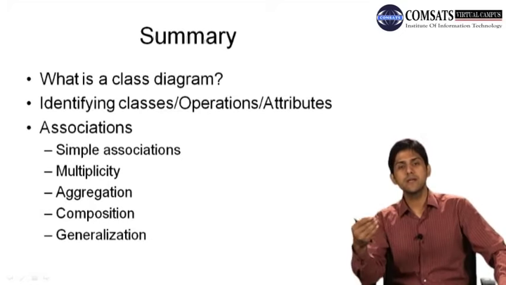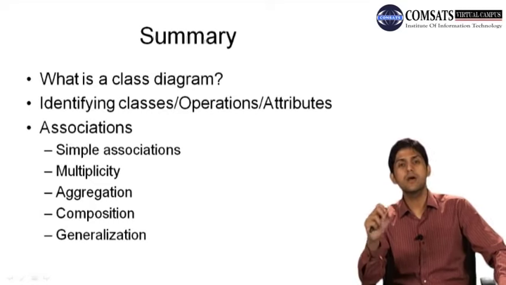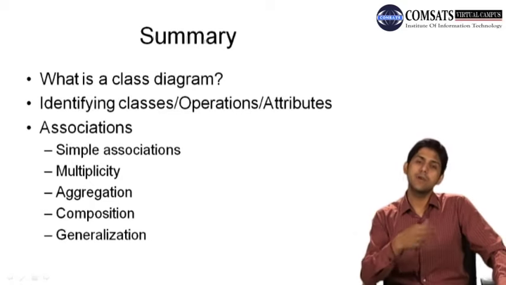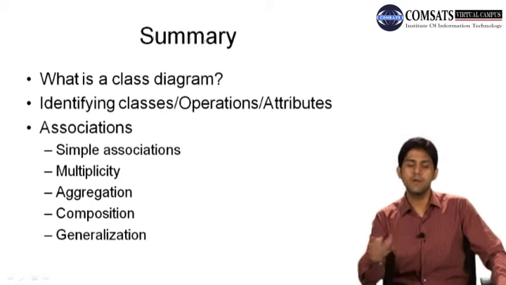ओके जी, and then we saw कि जो नाउन्स हमारे बच जाते हैं या जो रिजेक्ट हो जाते हैं वो हम उनको एट्रीब्यूट्स बना देते हैं डिफरेंट क्लासेस का, ठीक है। Then we saw how do we identify these operations, we again do grammatical parts and then we identify all the verbs and then we associate those verbs to different classes, और फिर हमारी पूरी एक क्लास बन जाती है।